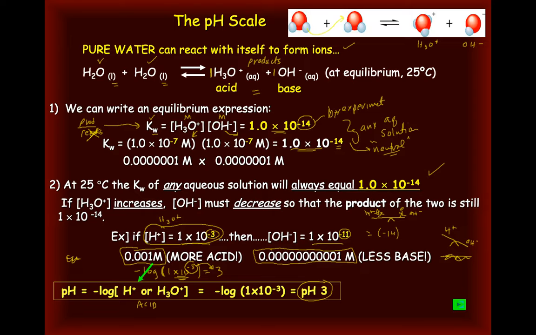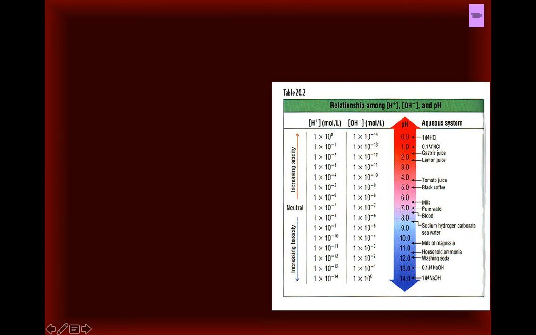All right, so that's very nice to use in a lab, very nice to use conversationally, very nice to use for communication. So it's actually a clever little thing and a clever use of logs. So even if you really don't like logs, which is a lot of you, this is actually pretty cool. All right, so how do we use this? How does this make life a little bit easier for us? Okay, we take a look at this nice little